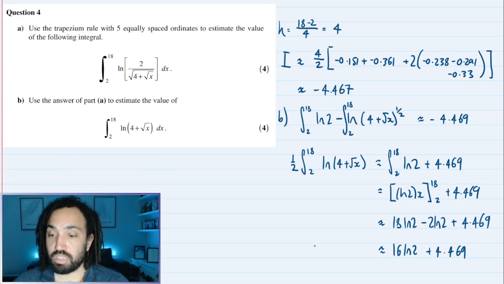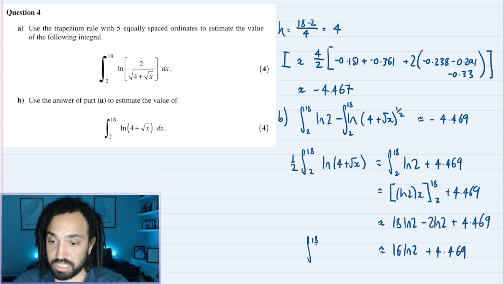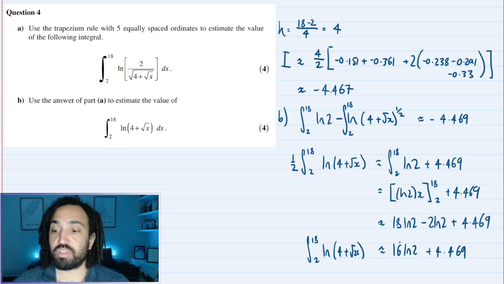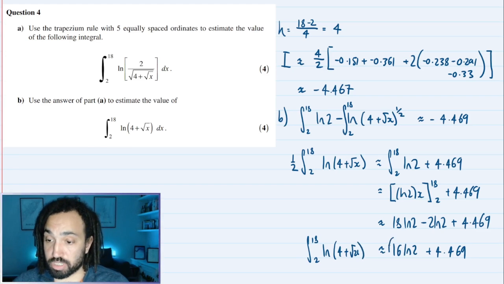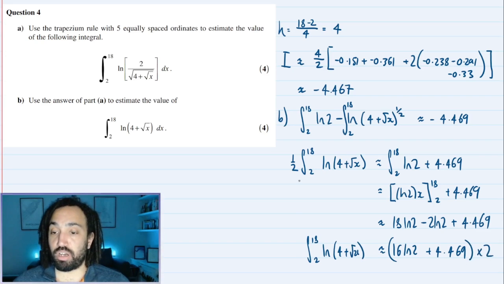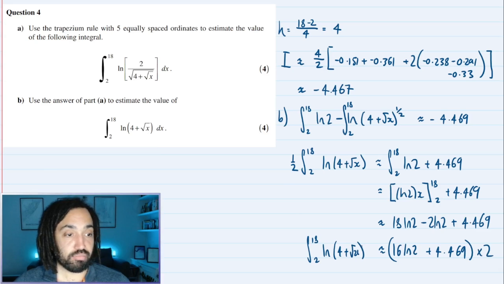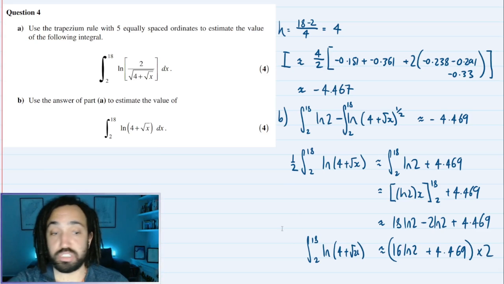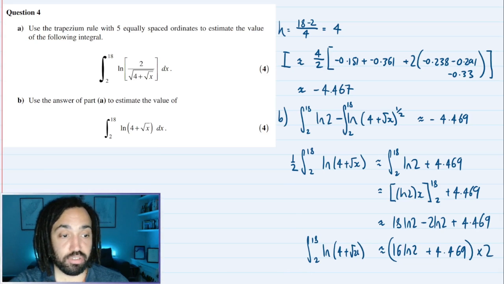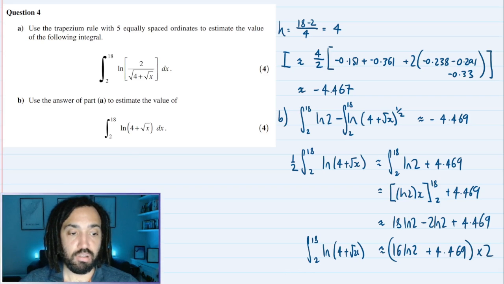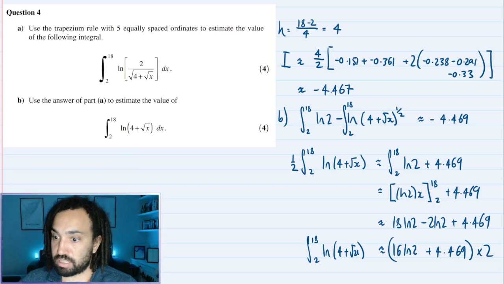4.469. Now, like I said, that was equal to this integral here, but I need to multiply it by 2, won't I? So put that in brackets and times by 2, and that will get rid of the half over here. Okay, great. So that just goes into our calculator, and we can get a value. Okay, and this is equal to